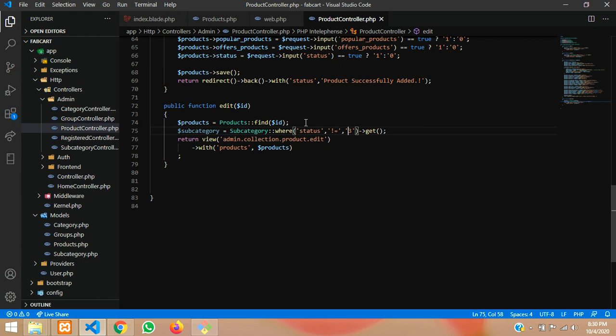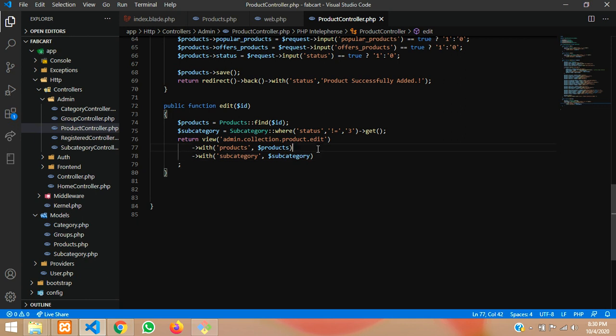Okay, if deleted means don't show, we are telling. That's it. And same copy paste, and now we have to paste that. So let's copy this and paste it.